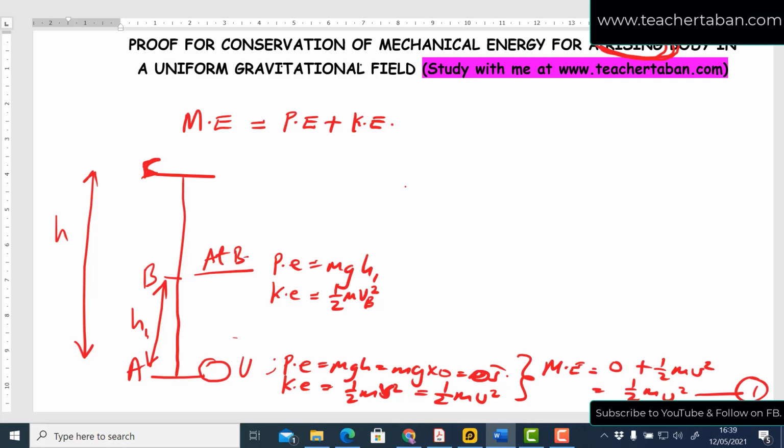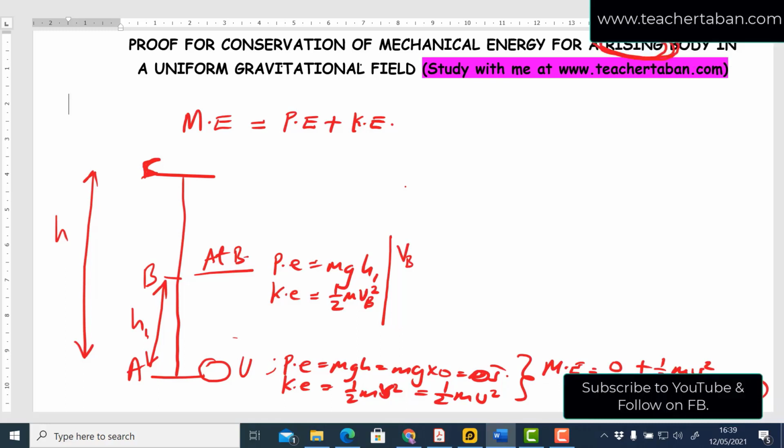Since we added these two and remain with the h, we have to look for a way of eliminating this h in the potential energy. And how do you do that? We simply use the equations of motion. From the third equation, the velocity at B squared is equal to the initial velocity squared, plus 2as. Now, since the body is moving upwards, it is moving against gravity. So the initial velocity remains u squared, then plus 2, the a becomes minus g, and the distance moved upwards is h1. So this is the same as u squared minus